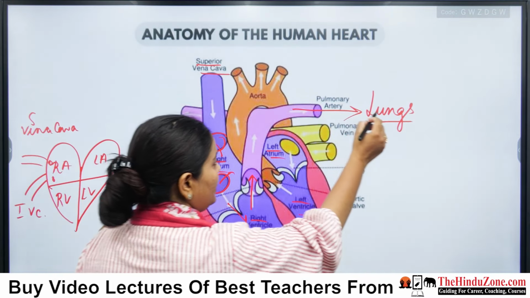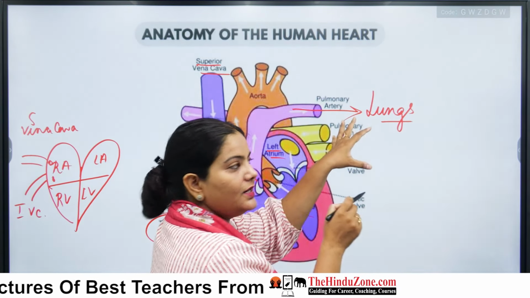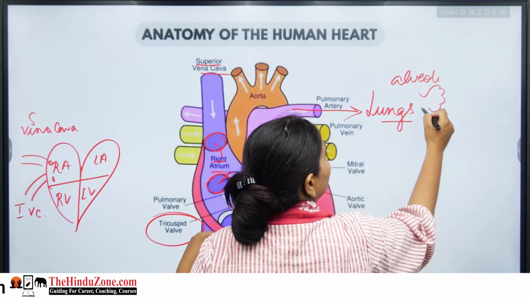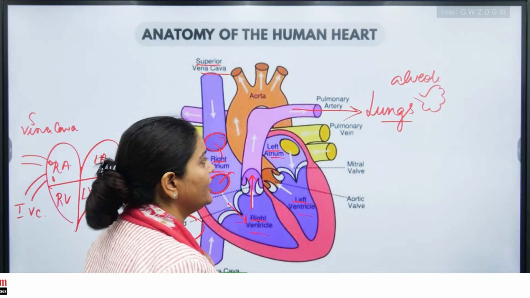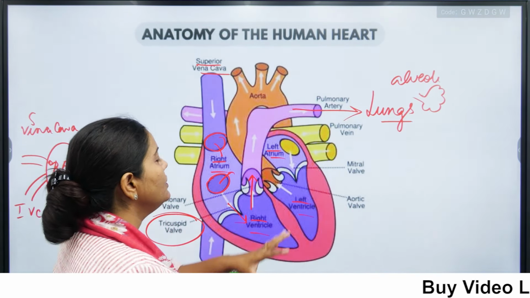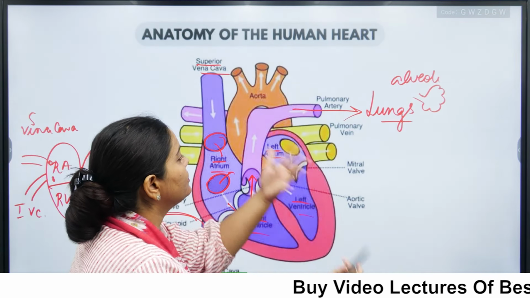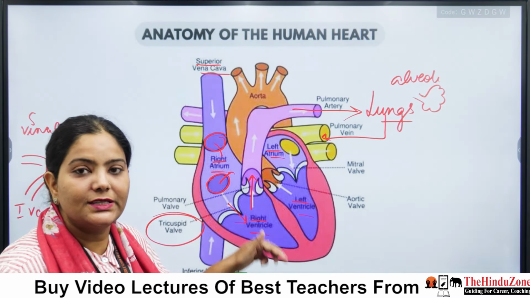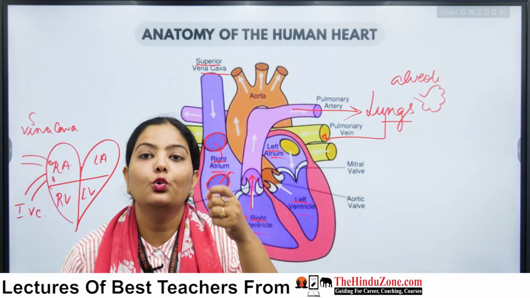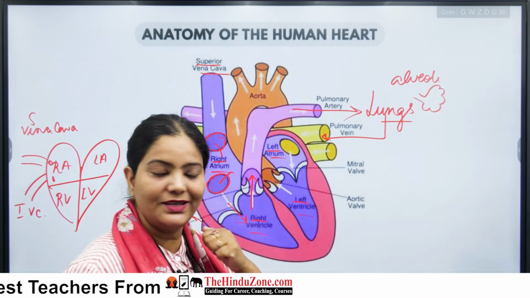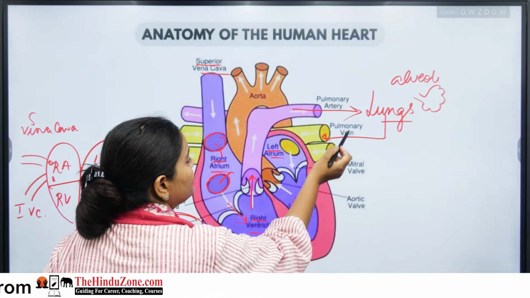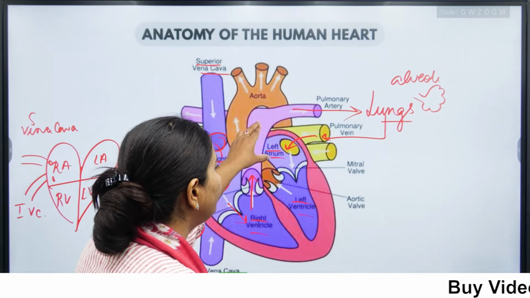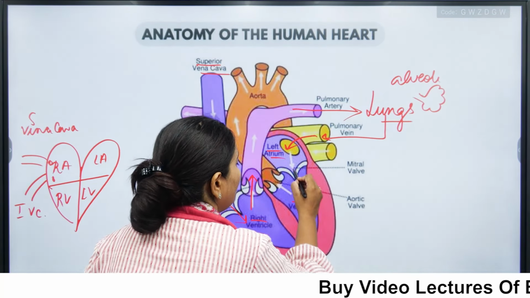Wonderful. So, it will carry the blood to the lungs, right, where at the surface of the alveoli, the CO2 and O2 exchange will take place, right. Now this exchange has taken place and the blood is returning through the pulmonary vein. Yes, the pulmonary vein is an exception which carries oxygenated blood. Now, this oxygenated blood is entering into the left atrium, and from the left atrium it is now entering into the